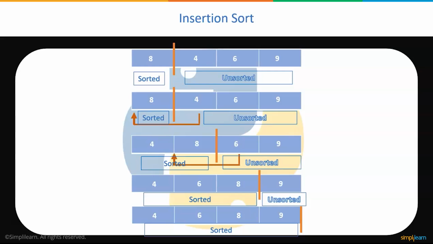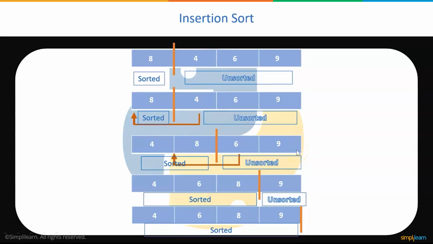Values from the unsorted parts are picked and placed at the correct position in the sorted part. So now in our example, our sorted part is 8 and unsorted is 4, 6 and 9. Now in the second iteration, we will compare 4 with 8. Now 4 is smaller than 8. We will put it before 8, and now we have a sorted list of 4 and 8 and an unsorted list of